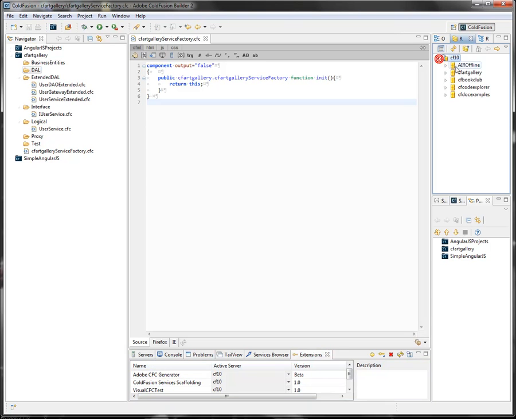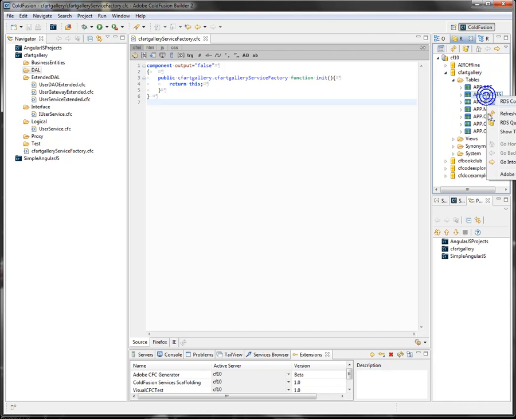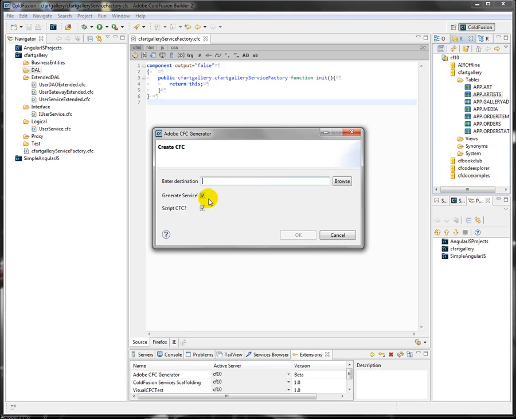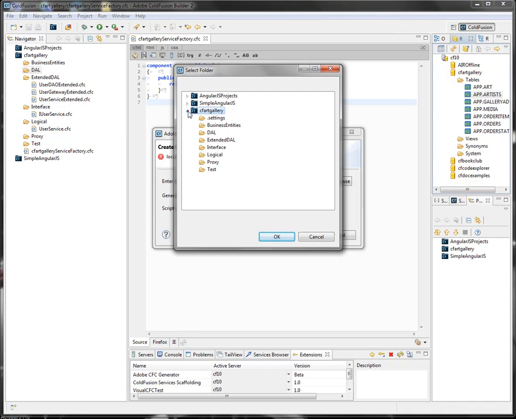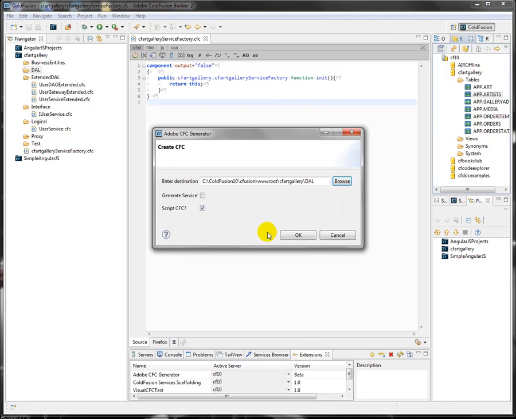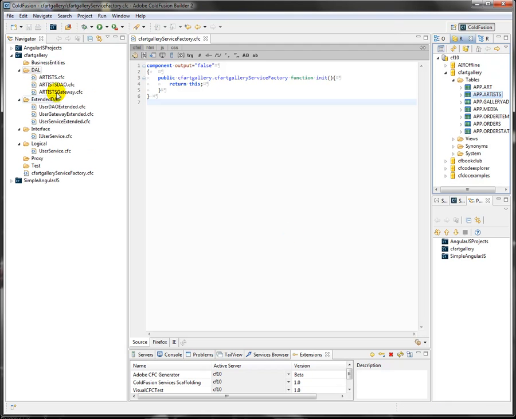And so I'm going to use the CF art gallery data source, using the artist table right now, and generate the CFC. I'm not going to use the ORM. I'm just going to use the basic CFCs with SQL statements. I don't need to generate the service. I'm just going to pick the location. It's going to be in DAL. That's where the data access layer should be. And now we have these three files: the data access object, the gateway, and the object itself, which represent that